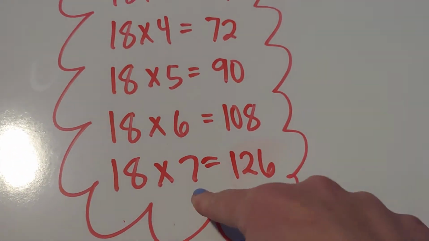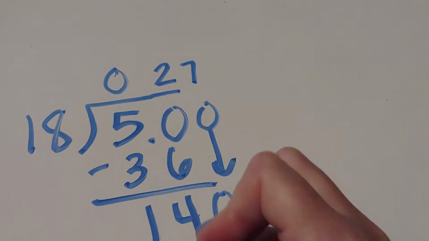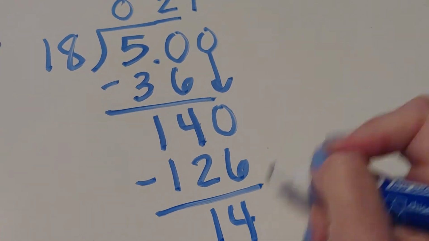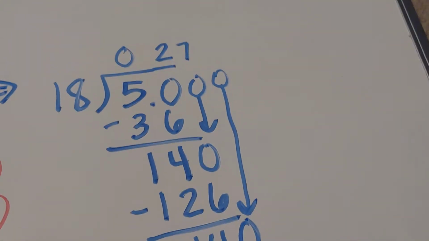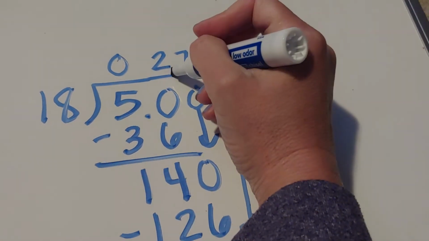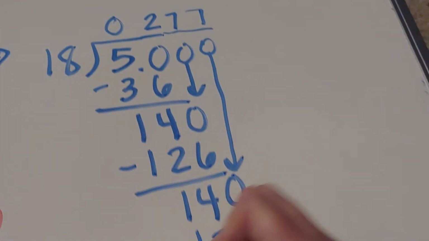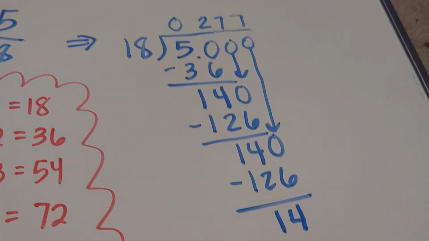140. 7 times for 126. So here, I go 126. Subtract down. I get 14 and 0, so I get 140 again. With kids, you may have to do this a couple times before they believe that 7 is repeating forever. But what will happen is that here my answer is